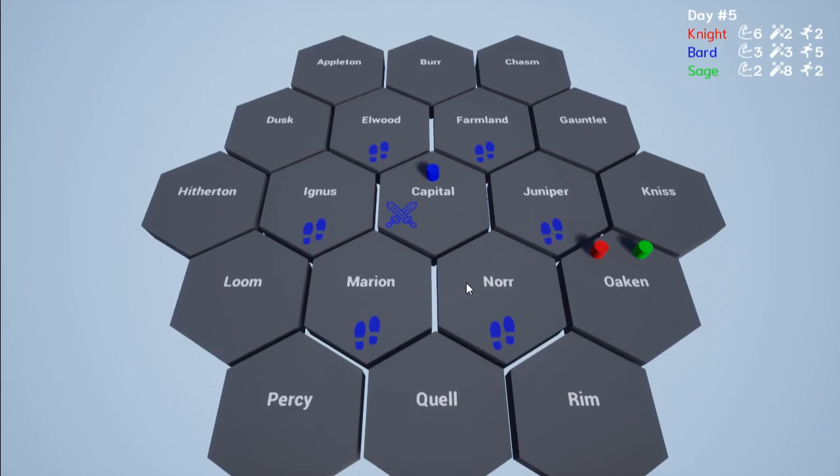I had inspiration to try to give custom abilities to the knight and the sage the same way that the bard has. Honestly, I just ran out of time, but I'm really happy with the way this turned out as a digital prototype for this concept. There's some interesting statistical models underneath. I wrote a lengthy blog post about the design process where I talk about some of the dead ends that I went down. I'll have a link to that in the video description so you can check that out. In the meantime, I hope you found that interesting.